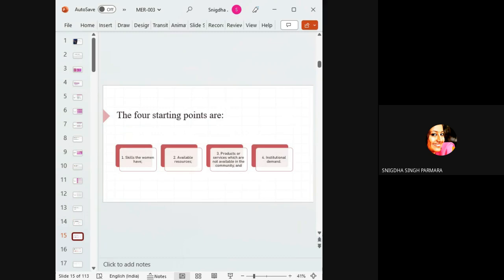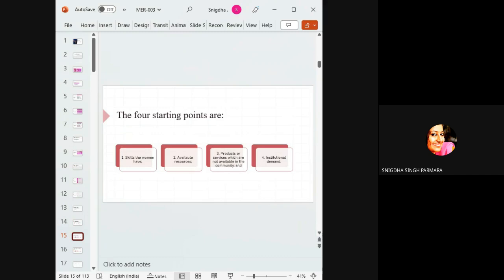What are the available resources? The next step is to brainstorm on different uses of resources and the different products based on the resources. The next step is to find out the products or services that are not available in the community, so that the same could be arranged with the help of self-help groups, or with the help of government or associations, etc.,